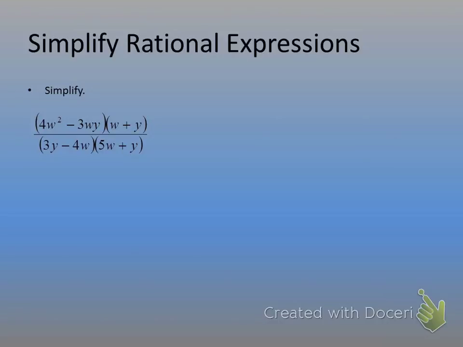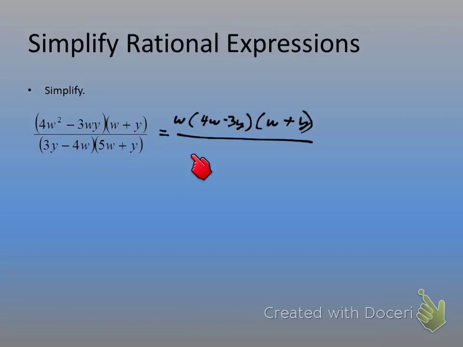So your second one here, we have 4w squared minus 3wy times the quantity w plus y, over 3y minus 4w times 5w plus y. Tricky example here. First up top, we're going to factor out the GCF of whatever terms we see. So we're going to take a w out of the first group. So we're left with 4w minus 3y times w plus y